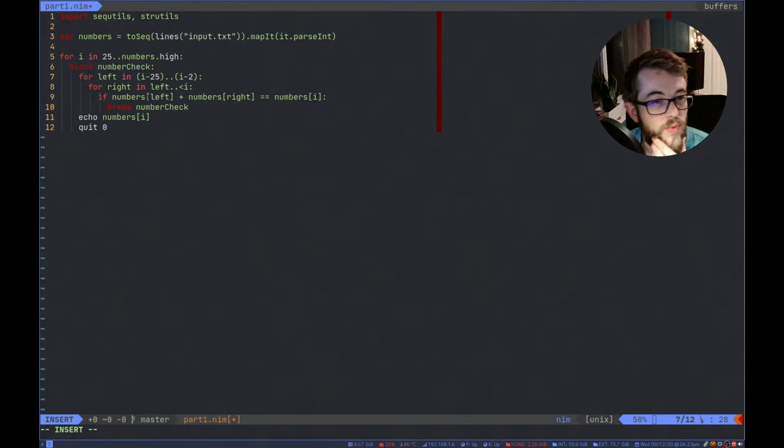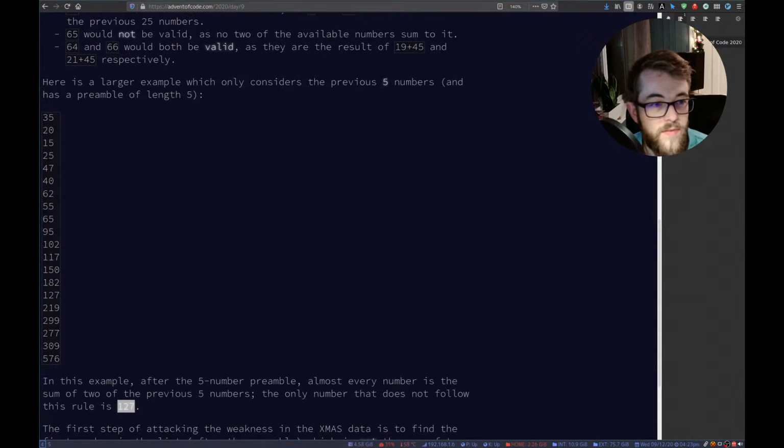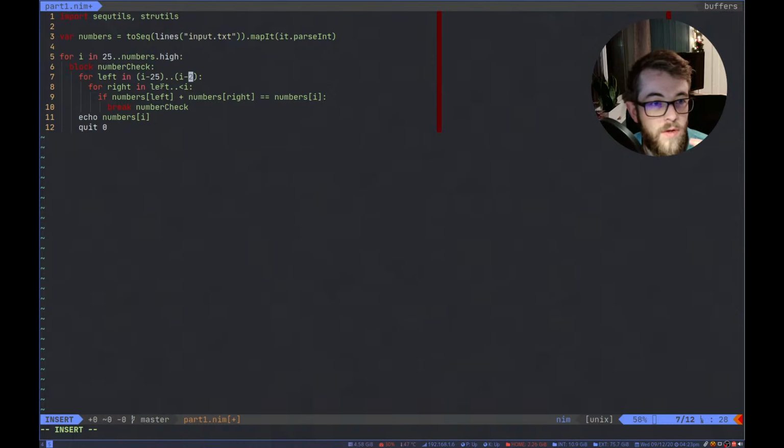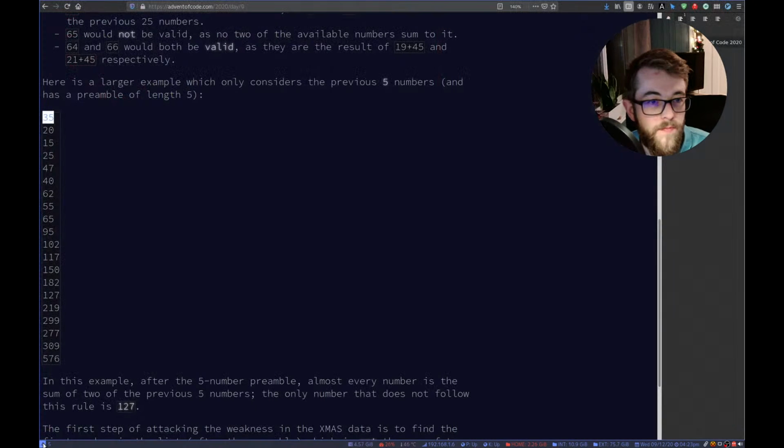So will this work? We start with this, and then we go. Yeah, should actually start this at left plus 1. So we start with this, and that iterates all the way down until the last number, or wait, this was 5, so it will iterate down to this one.